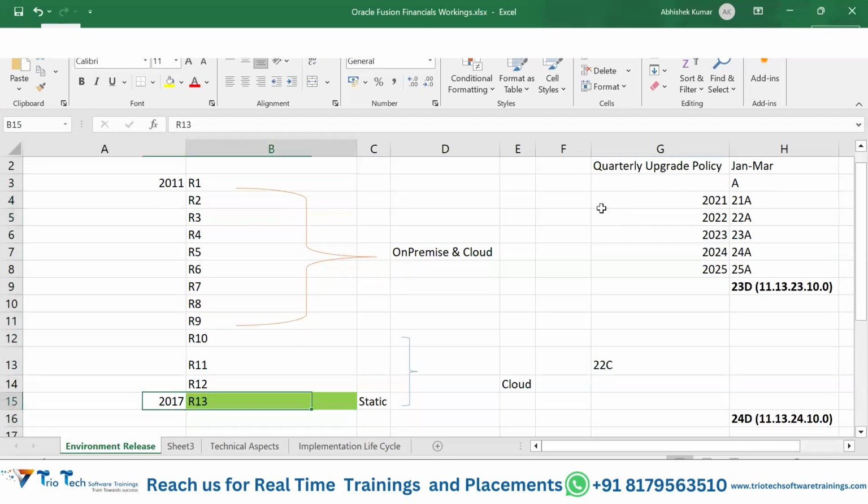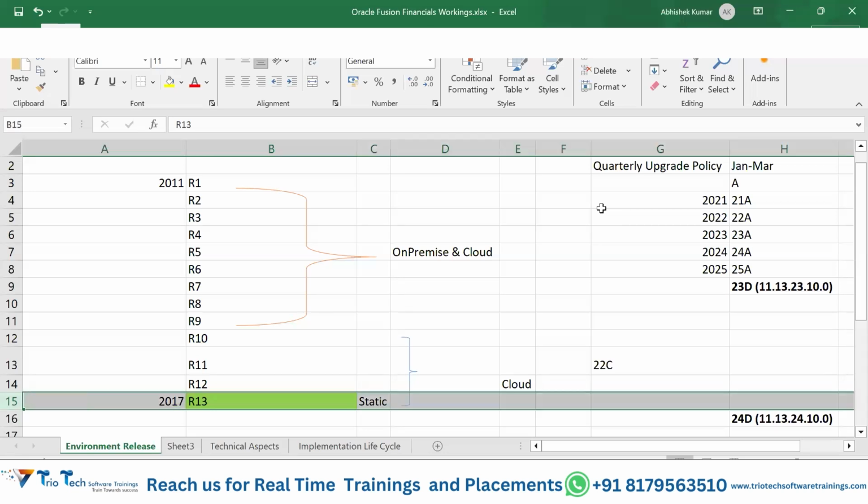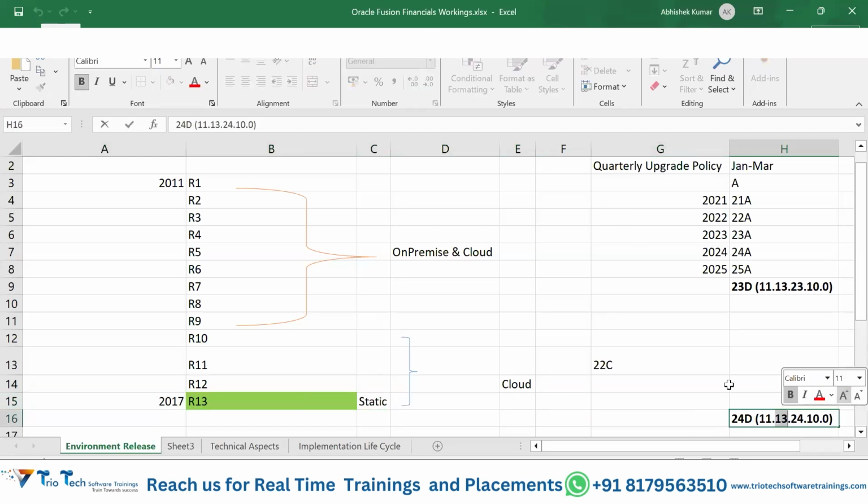In the year 2017, release 13 was introduced in the product, and from 2017, release 13, this release became a static release, which means all the application versions will now have a static release number. From release 13 the product became more static, and in the initial year 2011 the product was launched. So 24D means year, quarter: 11 means 2011, release 13 means from this release the product becomes static, and